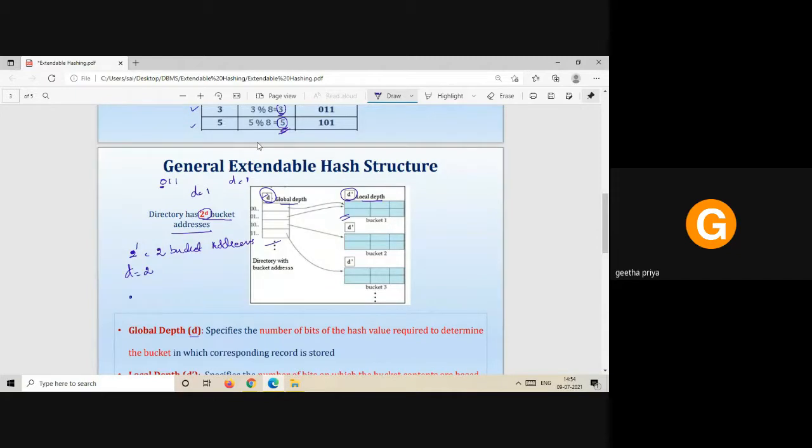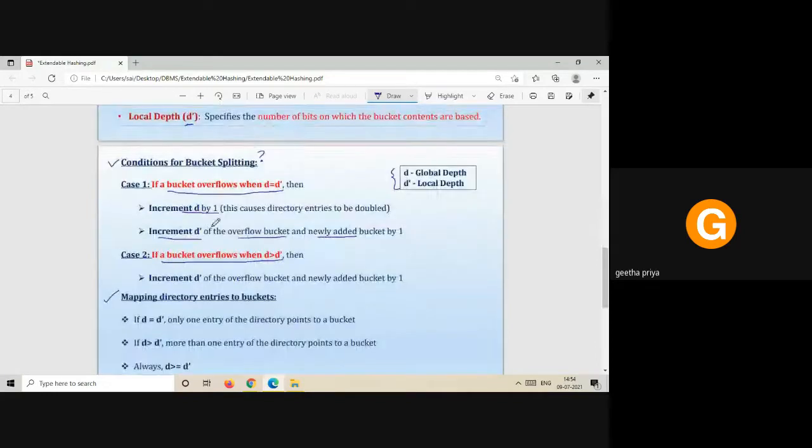So what is the change in the directory entries you see? It will have 2 power 2, that is 4 bucket addresses. That is, the directory entries will be doubled. So when D is incremented, the directory entries will be doubled.